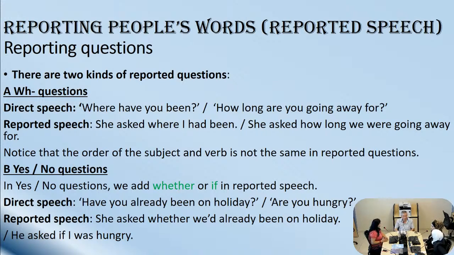Say something before we move to the yes-no questions. What happens to do, does, or did in the reported questions? We omit them. They are not mentioned in the reported questions. They are dropped. So we don't use do, does, did in reported questions. The other auxiliaries are moved to the position after the subject, like in a statement.